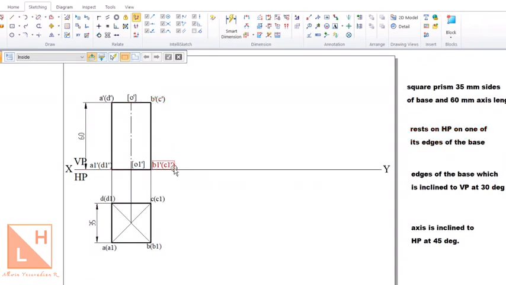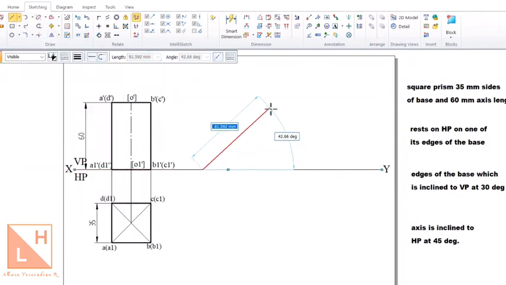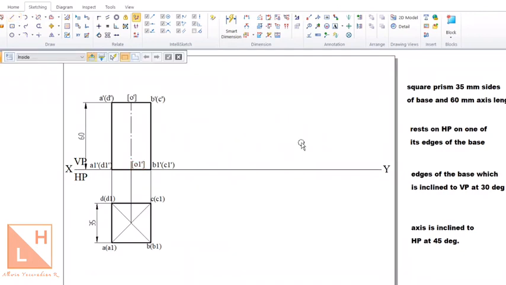But here it says it is resting on one of its edges of the base. So the resting edge here is going to be B1 dash C1 dash, which must still lie on the XY line as I go on with the second and third position. So do not directly draw a 45 degree axis line, because we will not get the answers properly, or the projections will go wrong, as we will fail to keep B1 dash C1 dash on the XY line if you directly draw a 45 degree axis line. So what we need to do then in order to project it in the second position? Remember, it is the same for prism as well as for the pyramid.